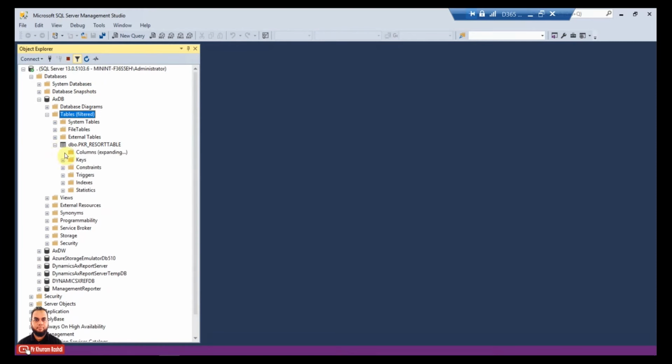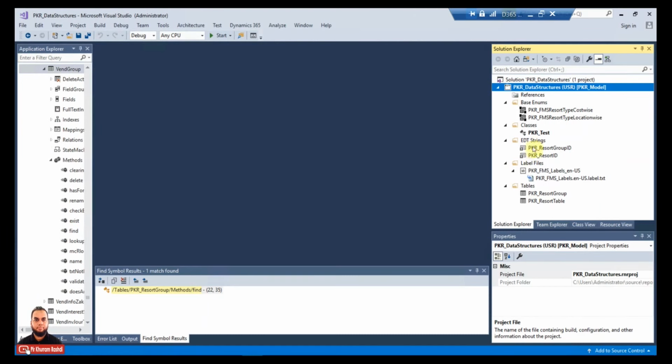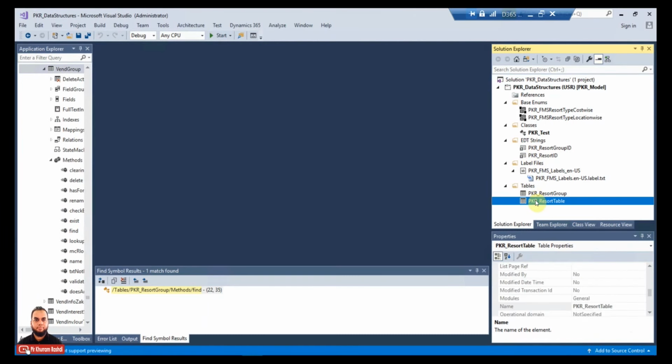We created this in our previous example, and you can see there are two fields already, and there is a third field which we created in this example,